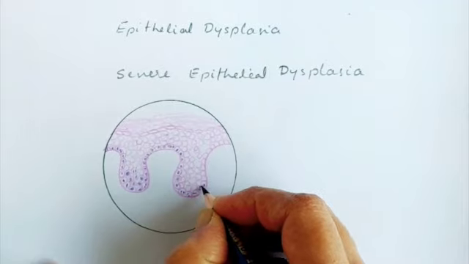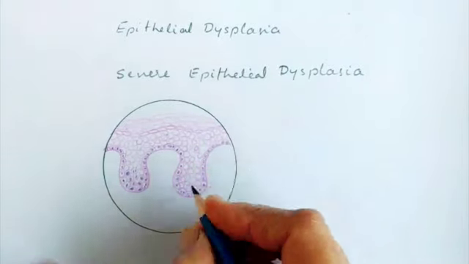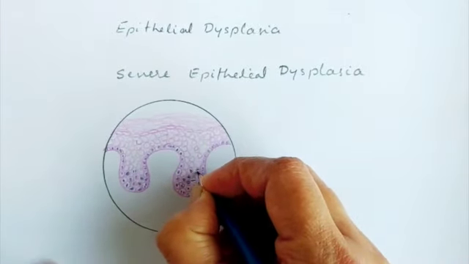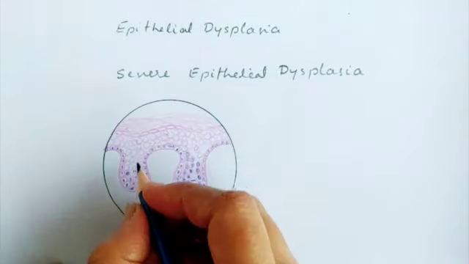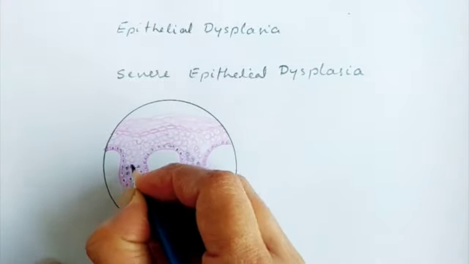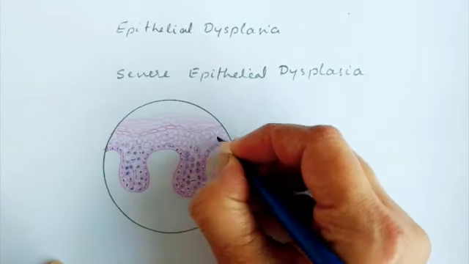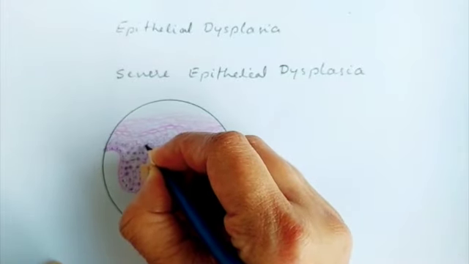And I am also drawing few mitotic figures in the basal layer, and later I will also be drawing abnormal mitosis in the superficial layers as well. I will add all the features, that is increased nuclear cytoplasmic ratio, nuclear hyperchromasia, etc., and the mitotic figures in random cells, and then I'll fill the rest of the cells with the normal size nuclei.